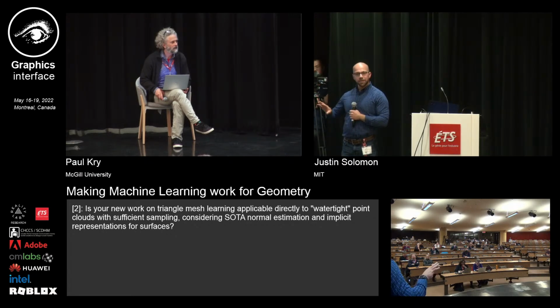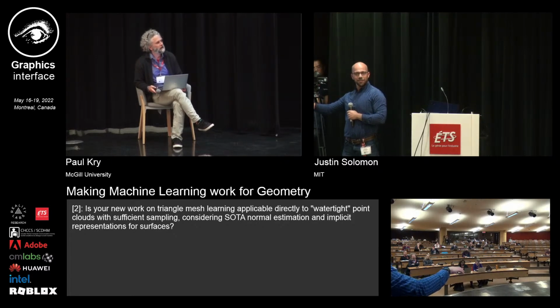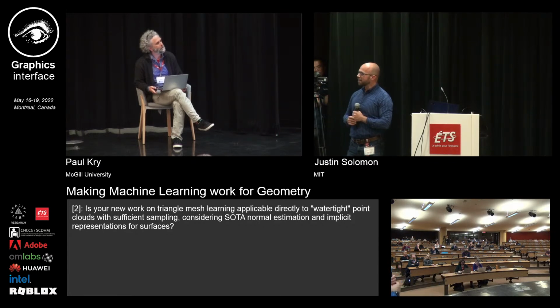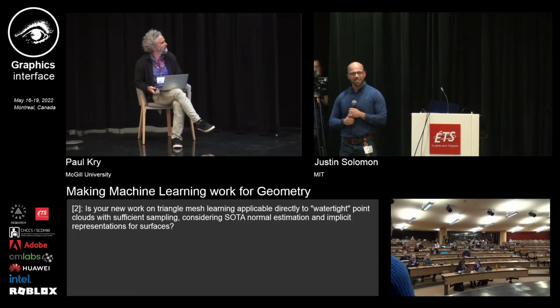One of the interesting opportunities is that these implicit shape representations don't have a sampling issue, right? And so actually I think you see some of the modern point cloud architectures trying to infer a signed distance function and then do the learning on that object for exactly that reason. I don't know specifically, normal estimation and it's sort of a benchmark problem, I think, in machine learning that it's